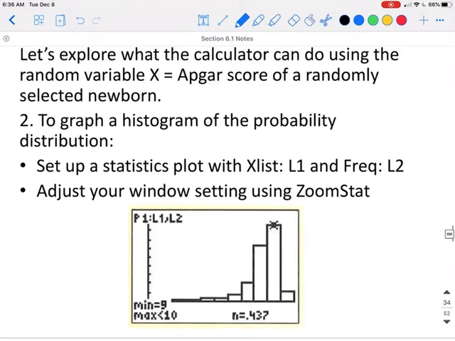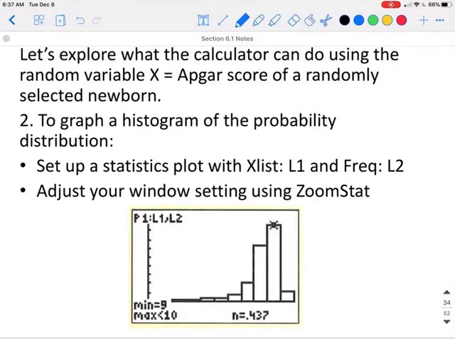To graph a histogram of the probability distribution, first make sure that your Y1, or all your equations in Y, are cleared out. Then go to your stat plot. Plot 1 is turned on, and you change it to a histogram. The difference here is your X list is going to be L1, but you are going to change